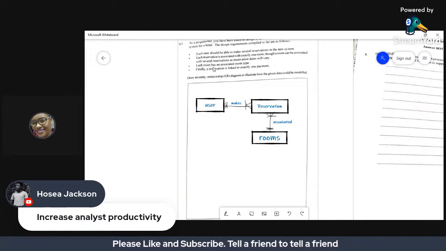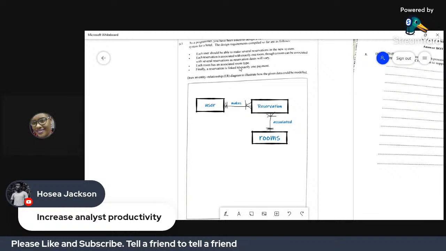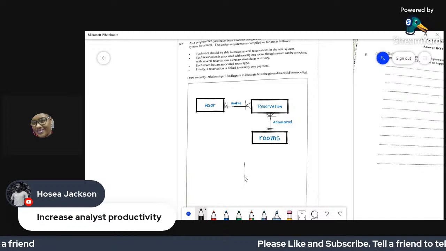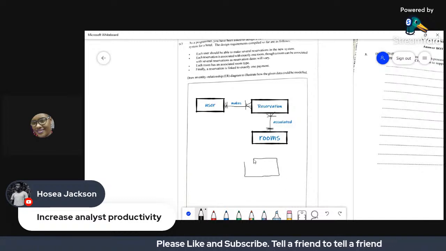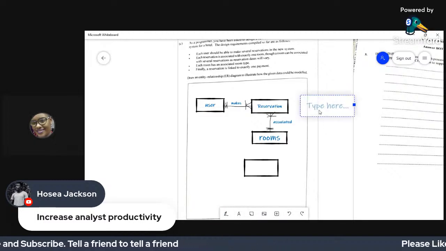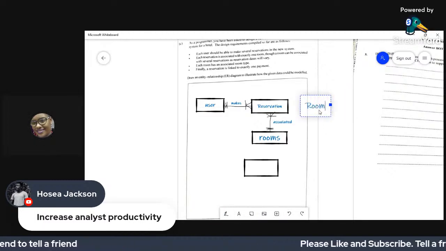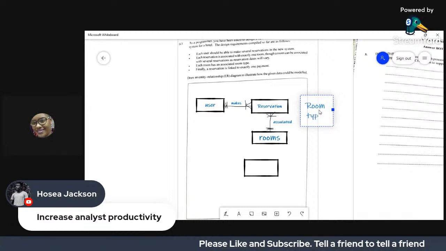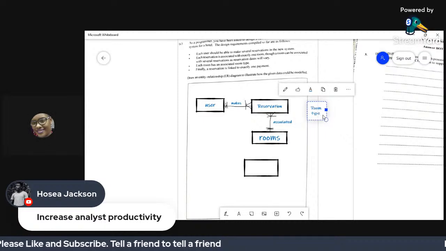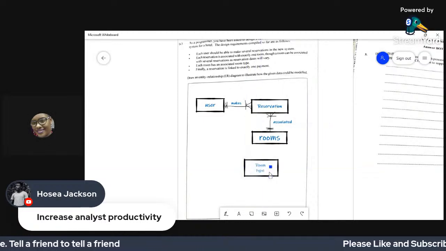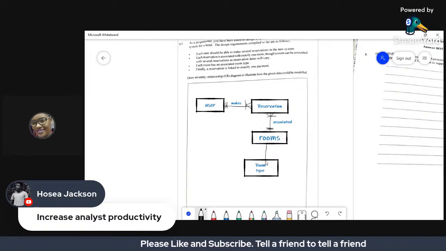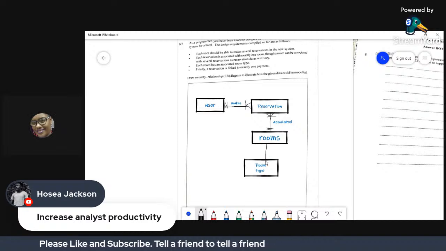It says each room has an associated room type. So that now is a different set of data. Do you want ocean view? Do you want a swim-out pool? What's this now? Room type. They have different types of room. Let us connect our boxes.